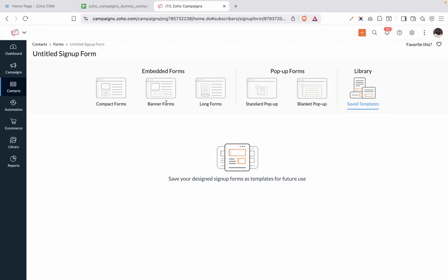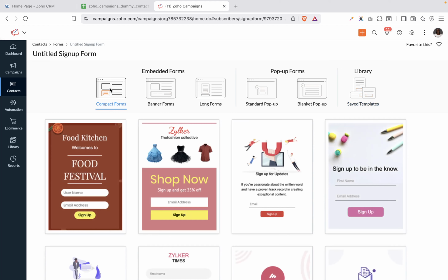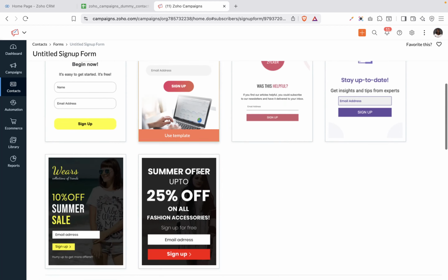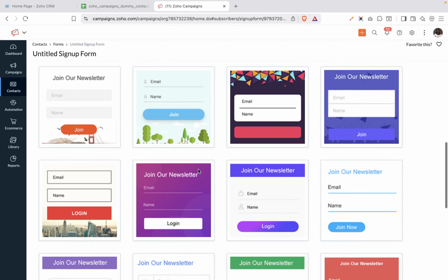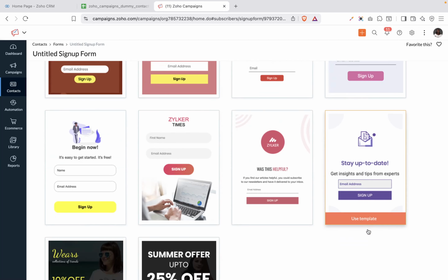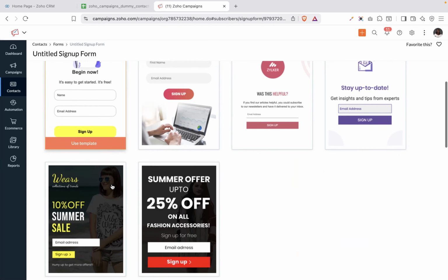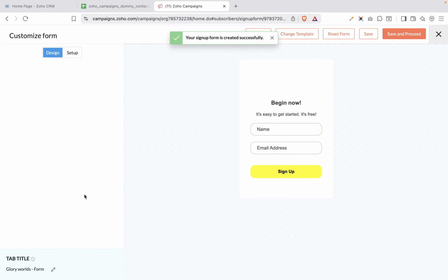For the sake of this tutorial, we are going to be creating a compact form, which is a simple form where people can just put in their name and their emails. You can pick from all of these templates that they have in here. They have various templates you can pick from, so just pick whichever one works for you. Let's find a simple one, I want something very simple. So I'm just going to pick this, and when you click on use template,